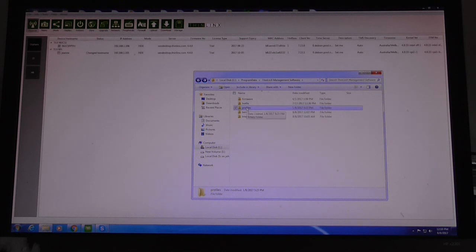Profiles is something that's under development, so I won't talk about that yet. There's a temp directory where some information is stored,